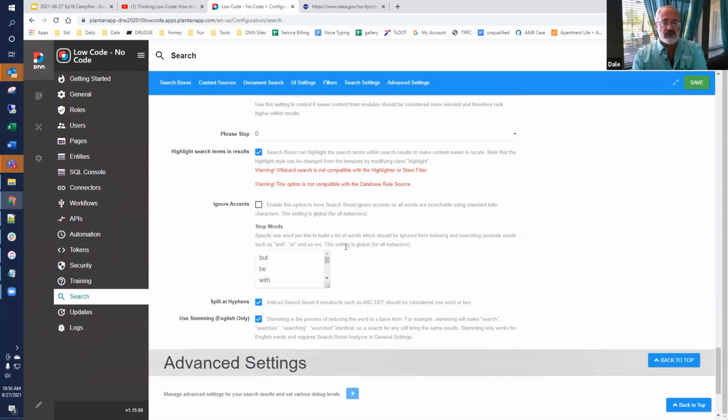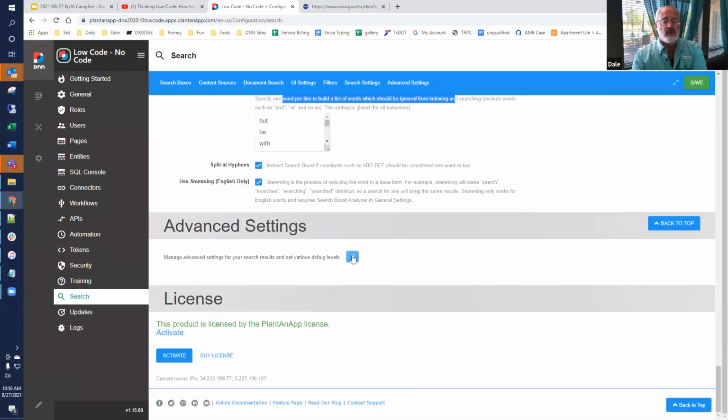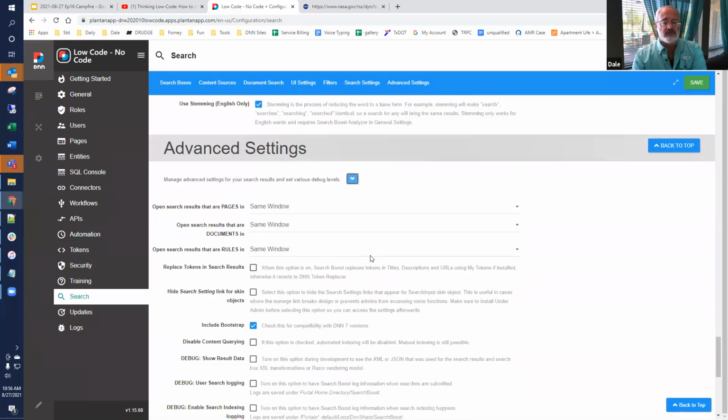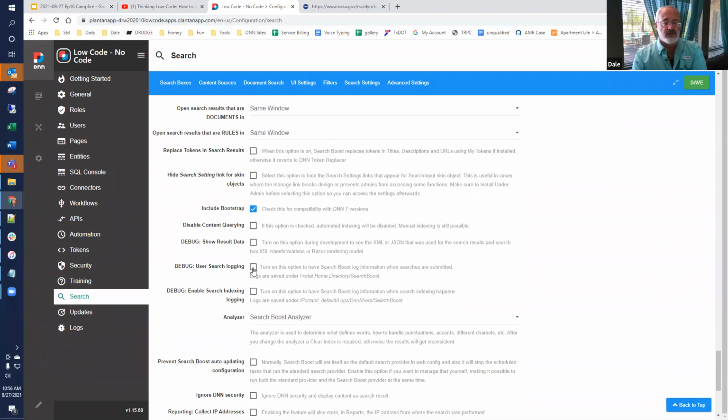There's stop words: if there are words that you're just going to ignore from indexing, those can be dropped out. And along the way, it's useful to know that in advanced settings, you can, for example, log what users are searching for, and also log the indexing.